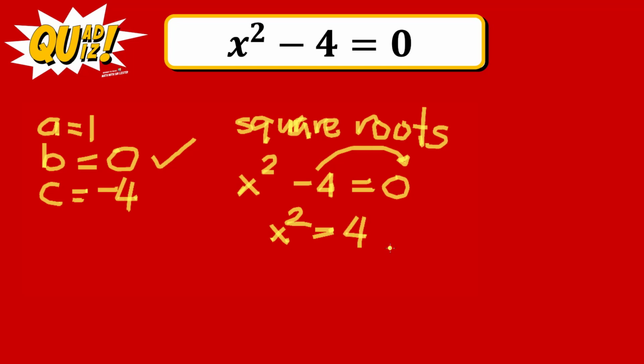Don't get me wrong. We can still use here factoring, as mentioned earlier, or the quadratic formula. But this is actually easier when you compare all of these 3 methods, because right after this, you simply take the square root of both sides. That's why it's called extracting square roots. So the square root of x squared is x. The square root of 4, before we go to that one, there is an idea here,